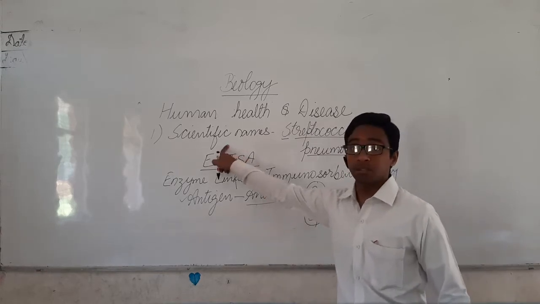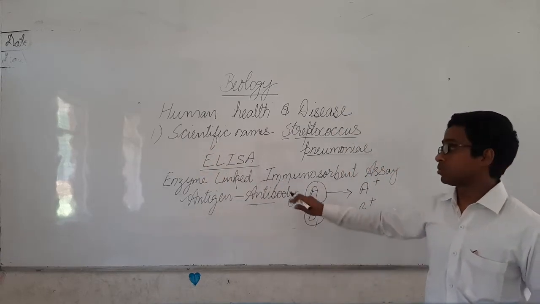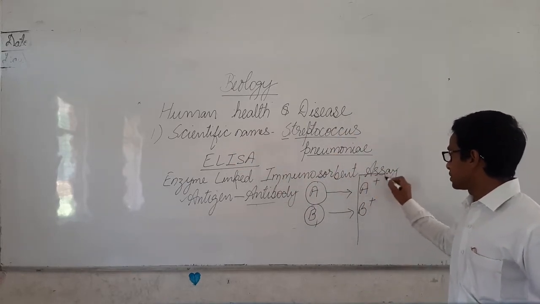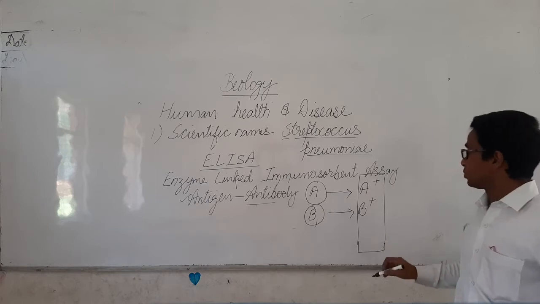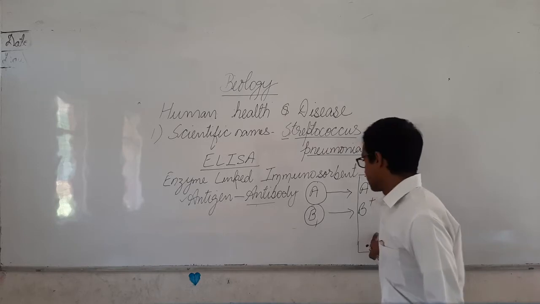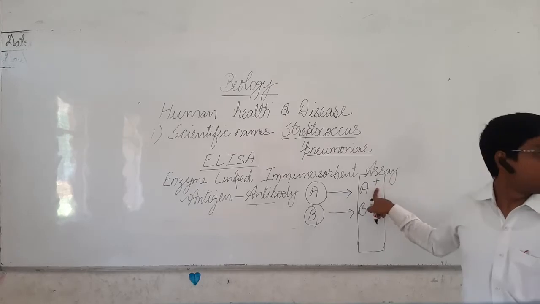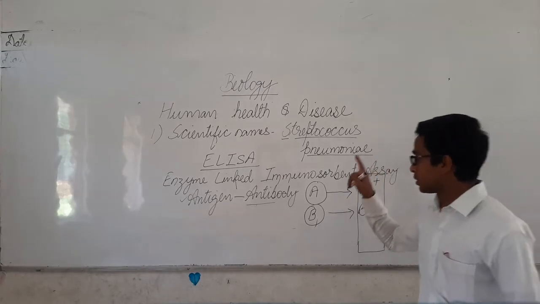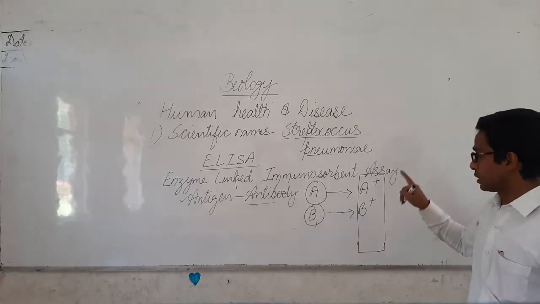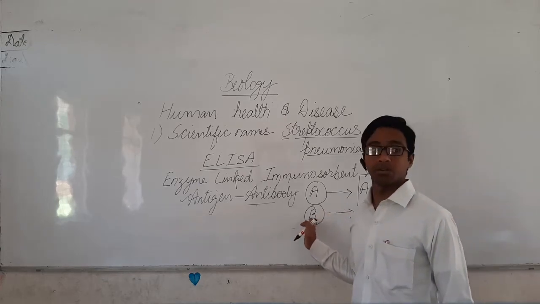In this test, we don't have any technique to detect all the antigens. We simply take a blood sample and try to detect all the antibodies produced in our body. For example, if antibody A plus is produced in our body, it simply means that the A antigen has entered our body. Or if antibody B plus is produced, it indicates that antigen B has entered our body.